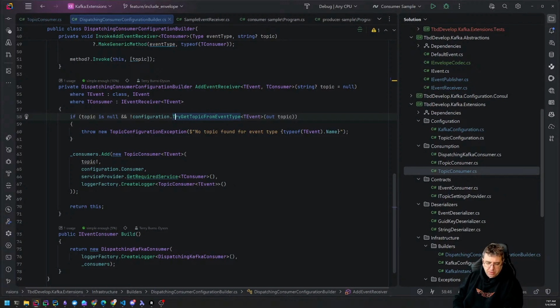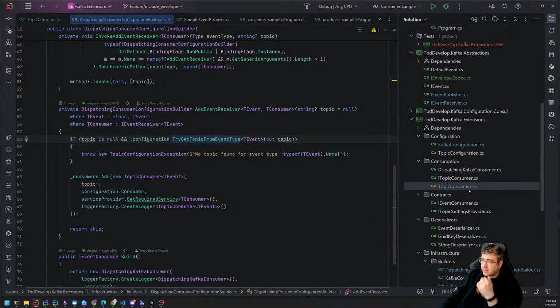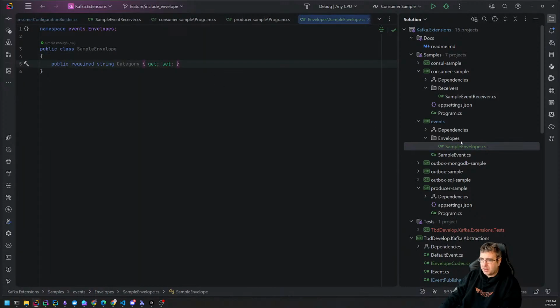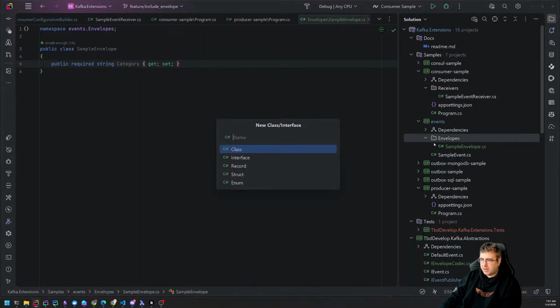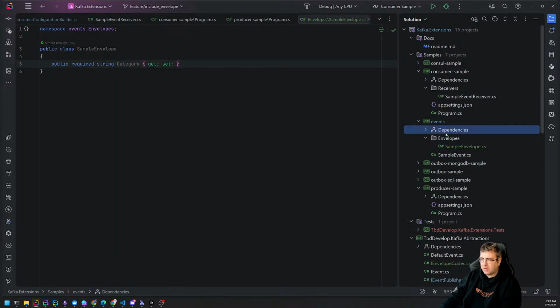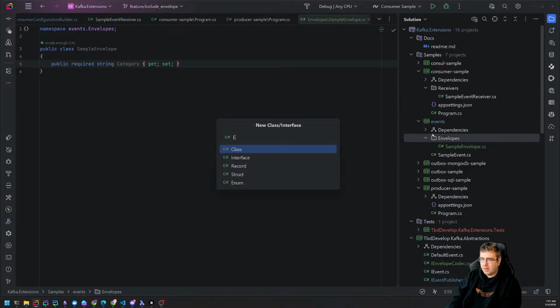But I wouldn't know what this is. So I think the best thing I can do is sample envelope, and then we need an envelope codec. Oh, this is not going to work as well as I want it to. Oh, it will do. Yeah. Envelope sample envelope codec,